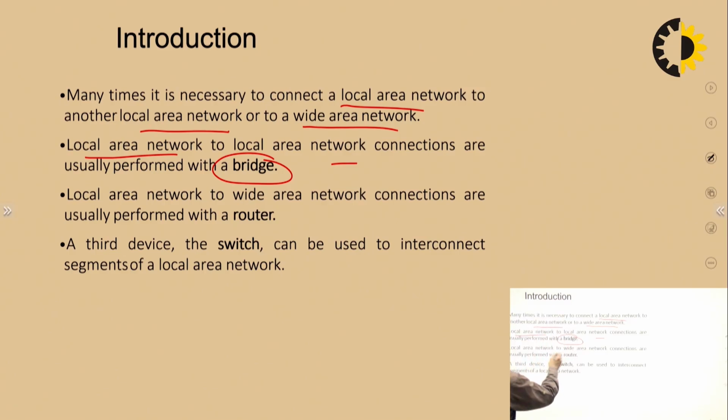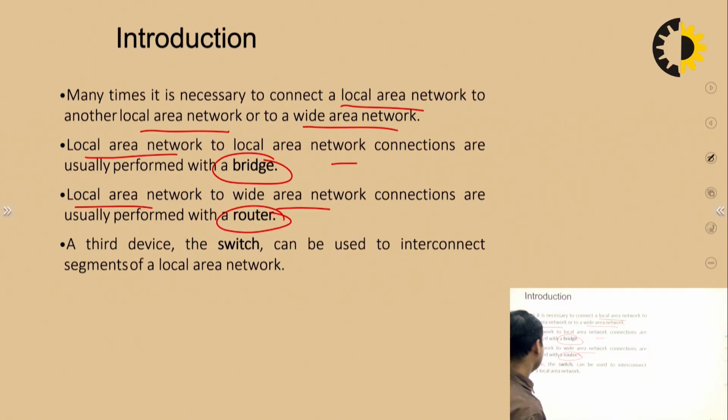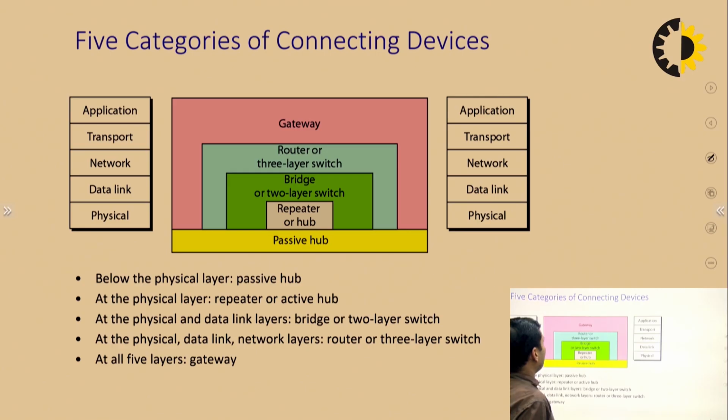Local area to wide area network. The LAN to WAN connection is performed with the help of a router, which is where the need of internet arises. The third device, the switch, can be used to interconnect the segments of a local area network, if we segment a large LAN into smaller sections. So, there are 5 categories of